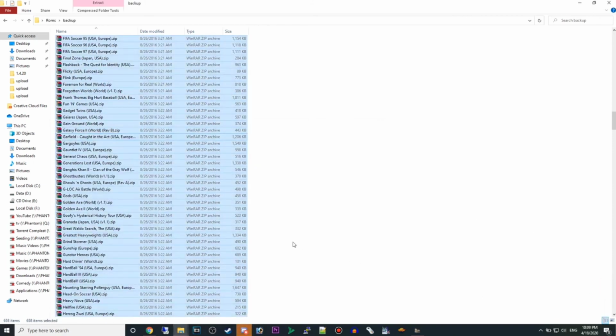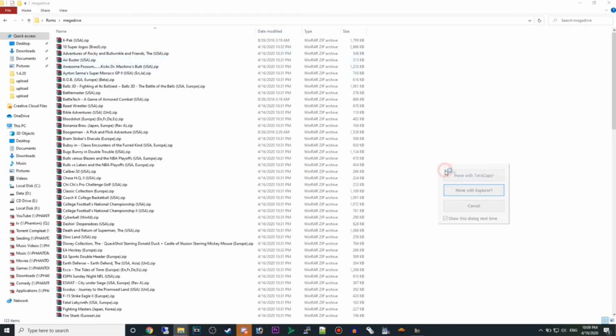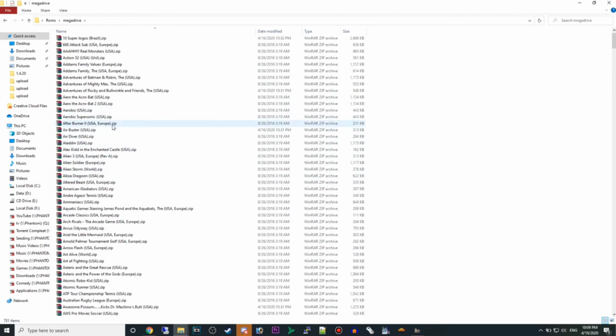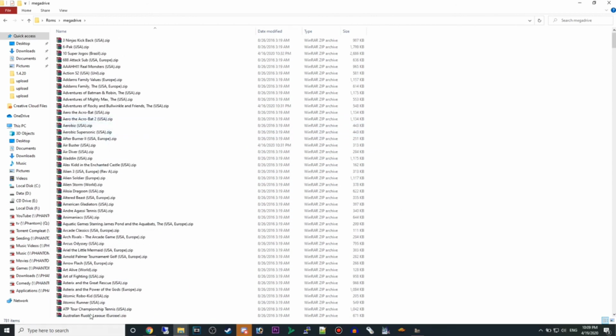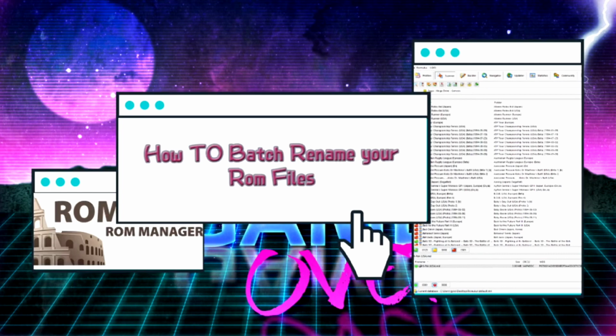Now just remember that these games were ones that weren't renamed properly through Romulus. In saying that, these are the type of games that wouldn't actually be able to get any game art if they're not named correctly. This doesn't mean that they won't get game art scanned for them. Some games may, but this is just a good way to keep your ROMs clean and make sure that you aren't really missing too many of certain systems. And it's a good way to check that you've got a whole